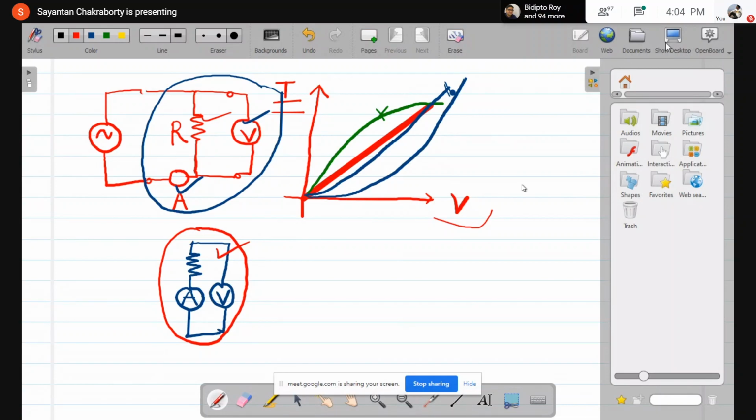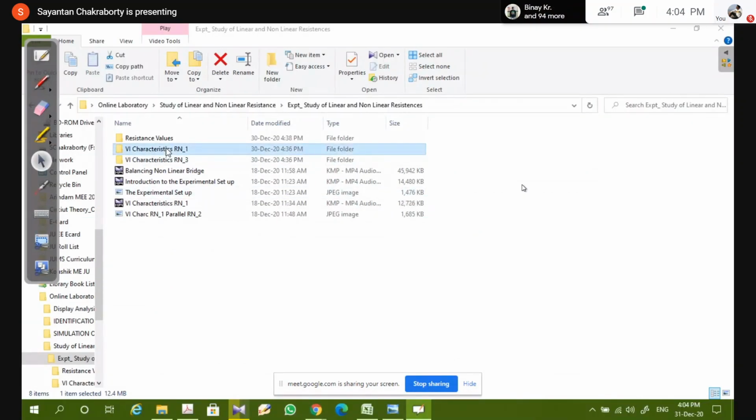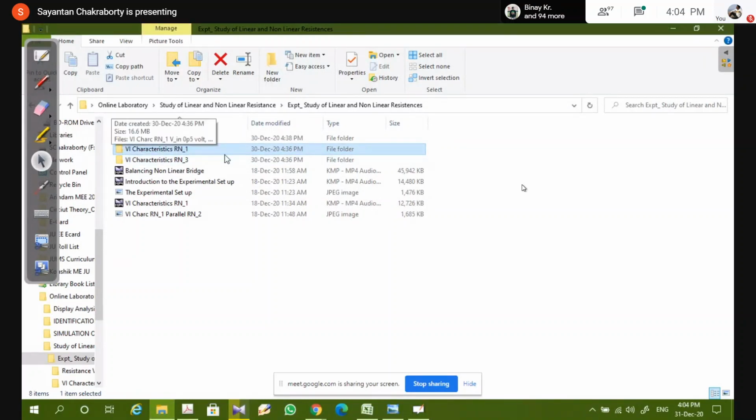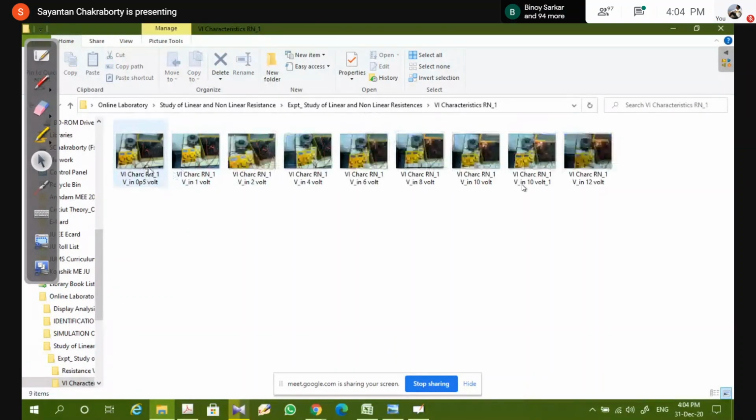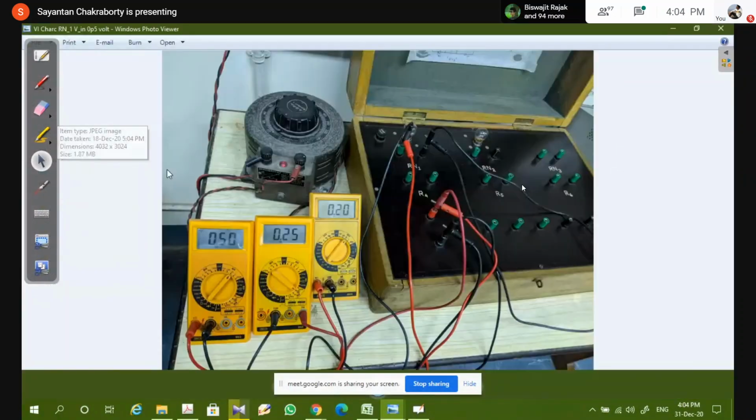I have already taken a set of data. I'll just show you. So this is for the VI characteristics of RN1. Here you can see this is input voltage 0.5, and this is the current to the element, 0.25. And this is the voltage measured across the nonlinear resistance. You can see there is a discrepancy over there. Okay, you can take a screenshot of this,